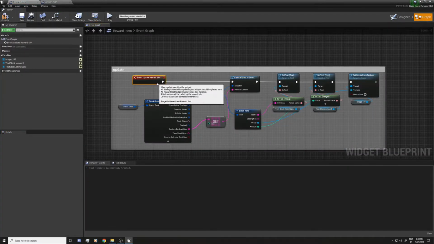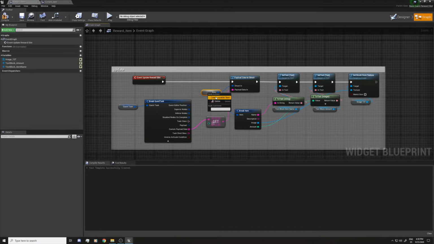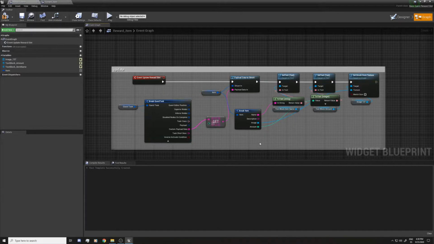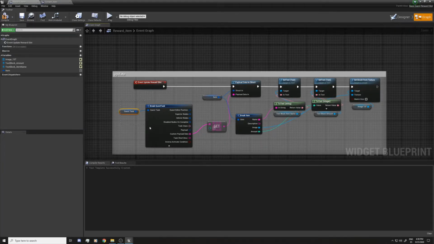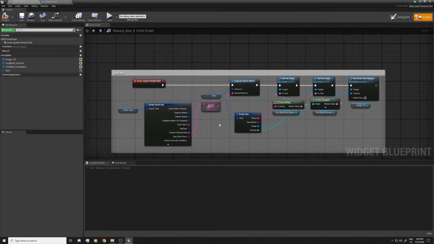The only thing I'm gonna need is to create this variable item, and of course we have to remember that when we create the task, in the custom payload data we're gonna pass the item. So that's something that we need to remember.